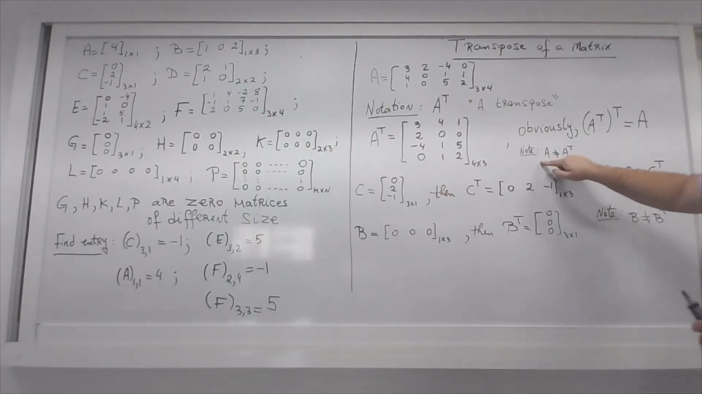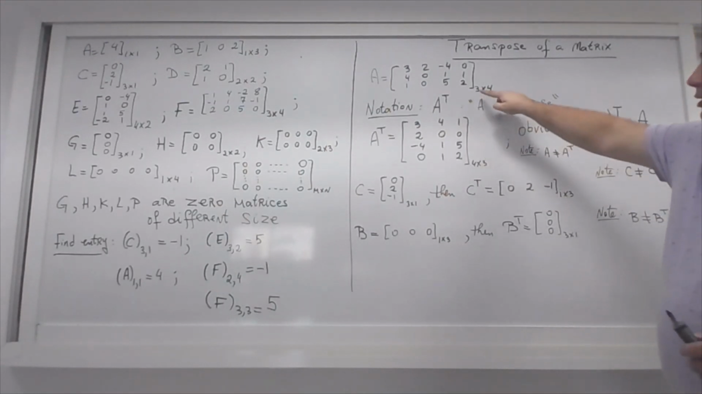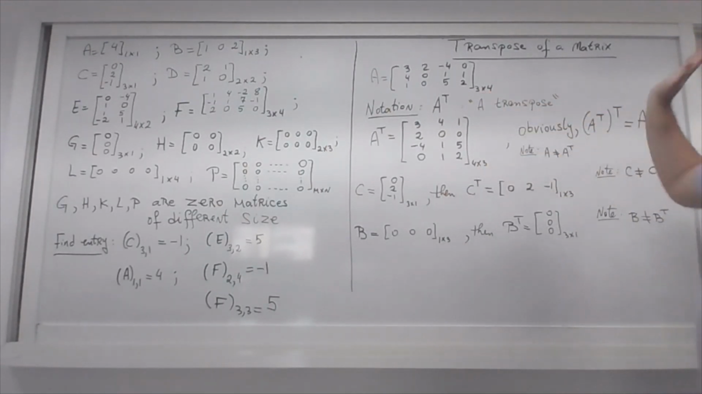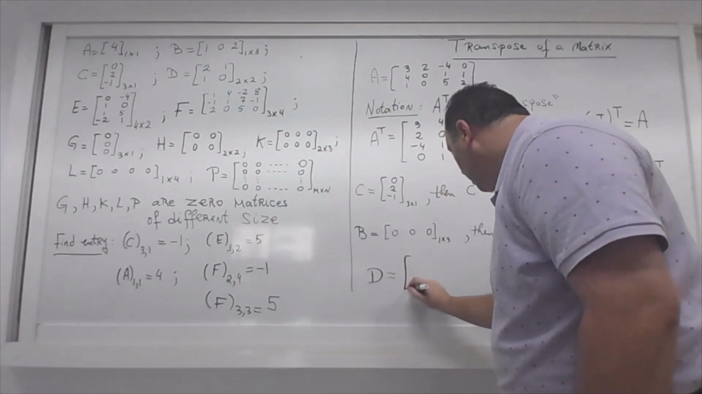Obviously, you realize that A and A transpose are not equal. This is 3 by 4 and this is 4 by 3. Already we know that they are not equal, they don't have the same size. Okay? And even if I have some matrix, let's say D, that is